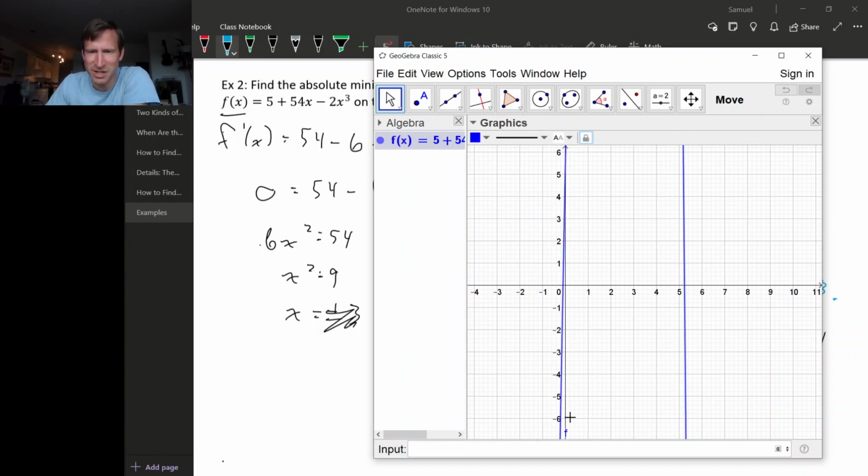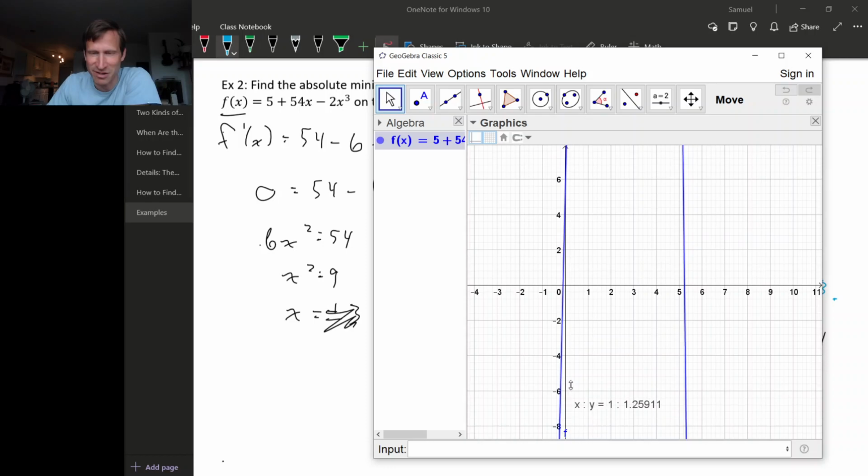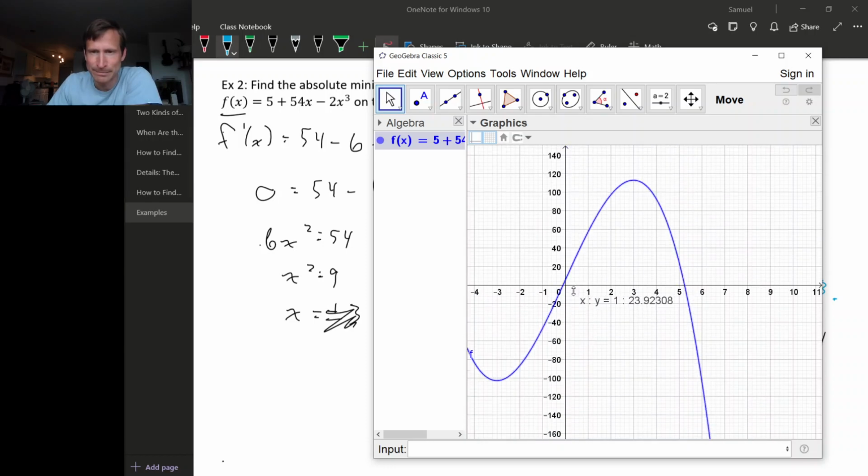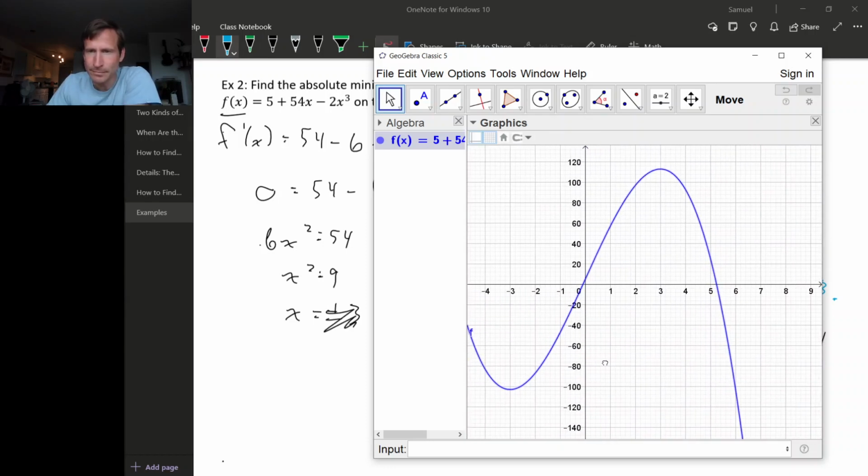So this function, let me shrink the x-axis so that we can actually see what's going on here. Okay. And remember, we were going from 0 to 4. So you can see, first of all, there's this critical point down here because of the horizontal tangent line, but remember, that was at minus 3. And that was the critical number that we threw away because we were only interested in x values from 0